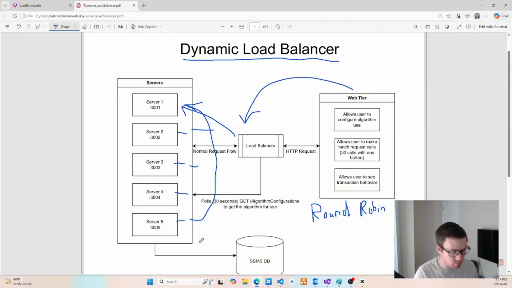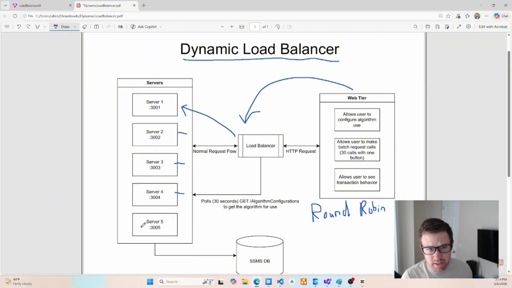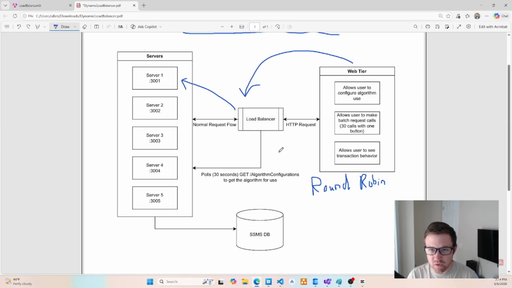And it goes around and around and around, and it ends up in an even distribution. That is quite nice in many cases. But it's not perfect for all cases. We'll explain that later. What was fun for this, what makes this a little bit different, is I added this